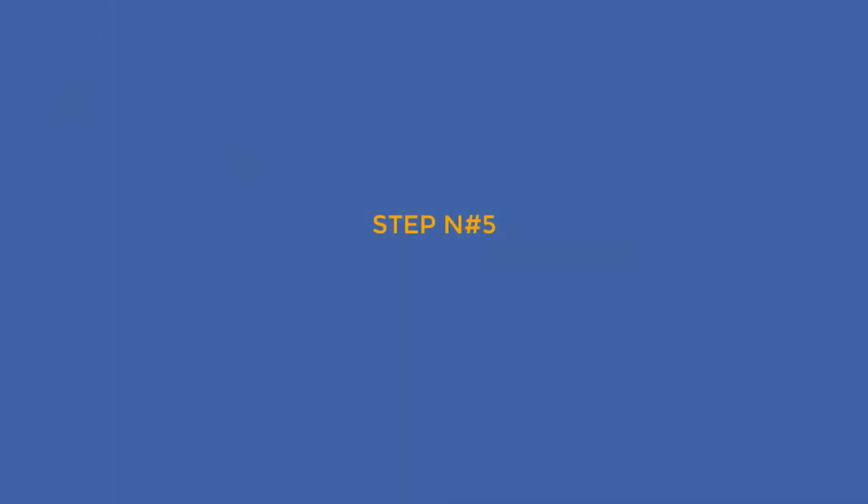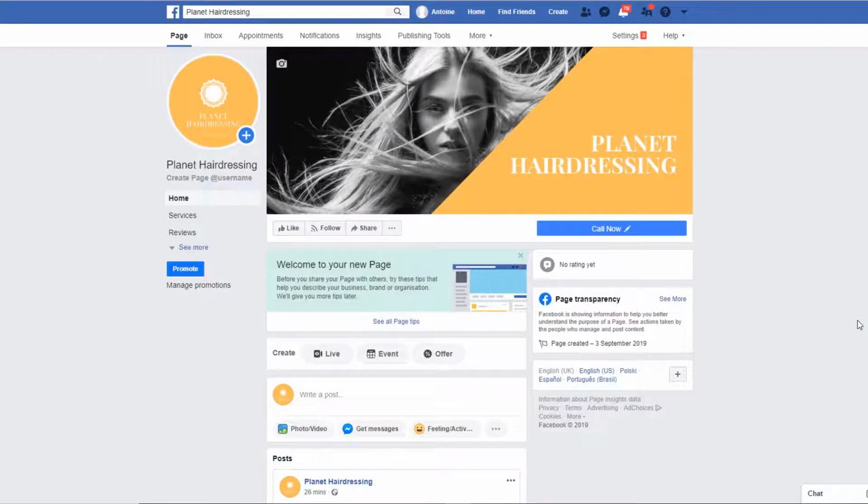Tip number 5. Interact with your audience with automated messages. One great thing about running a business page is that you can interact with your audience even when you are not online, which is very useful when you are a busy local business owner. First, you can display a greeting message that people will see the first time they open a conversation with you